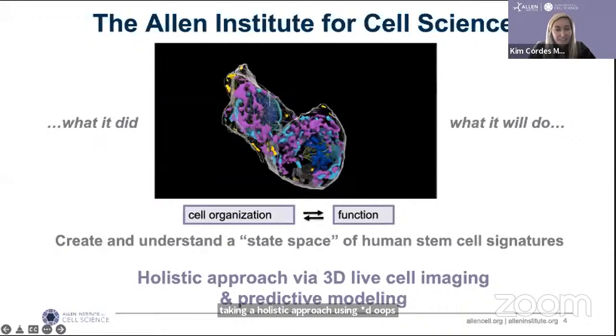We're using 3D live cell imaging of the major structures and organelles of the cell. We're coupling this approach with analysis, and we had to build the tools to create and